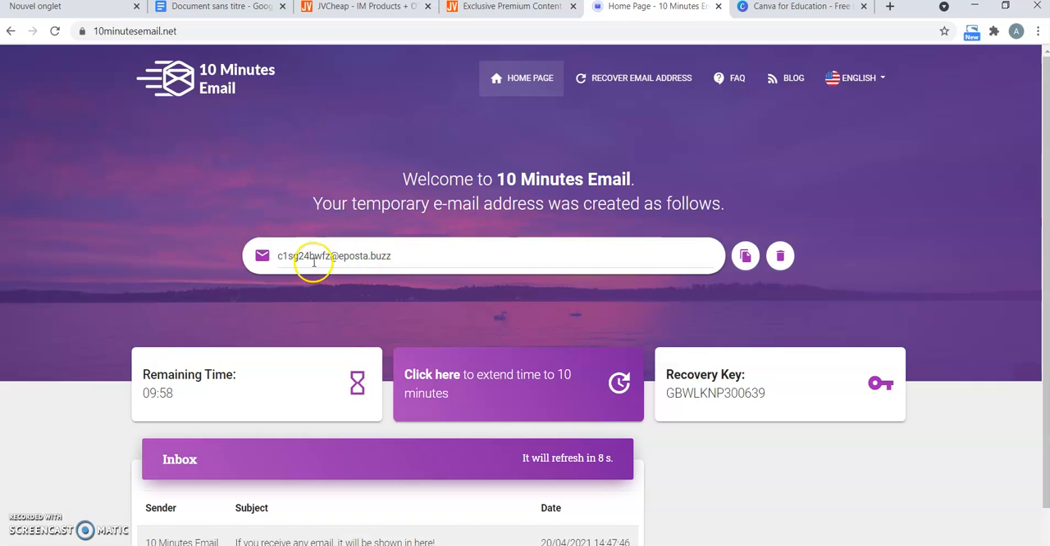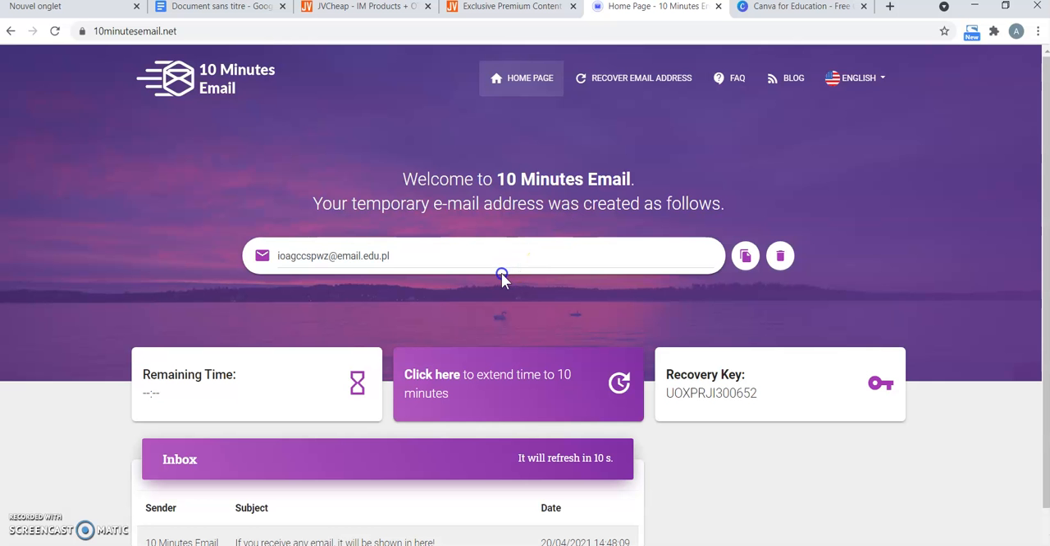So here you will have to find not this kind of email. So you will delete the email address here, and you will have to find something like, so it's refreshing the screen. Yes. So here we have the good ones. You will have to find an email address that finishes with email.edu.pl. You will copy that